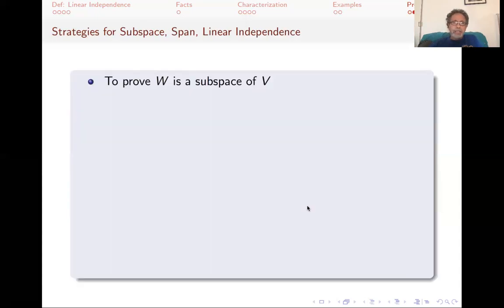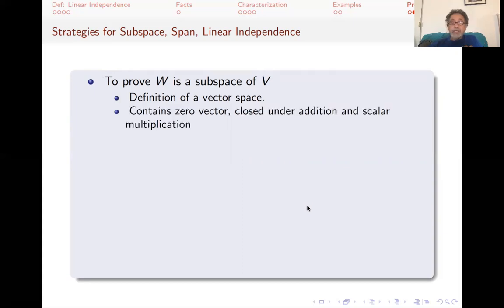So for example, if a W walks through the door and you want to prove that it's a subspace of something, then there are several strategies. You could say, well, W being a subspace of V means that W is a vector space itself, and so I could just use the definition of a vector space and go through all the axioms. You would have to do that if W was sitting in an unknown set that you weren't sure was a vector space, for example, one with weird addition and scalar multiplication. But if W is sitting in a well-known vector space V,